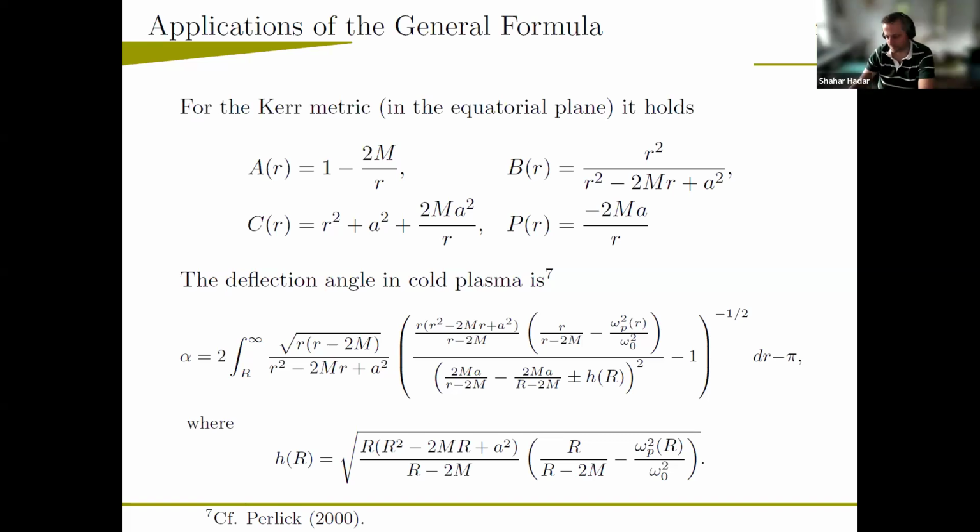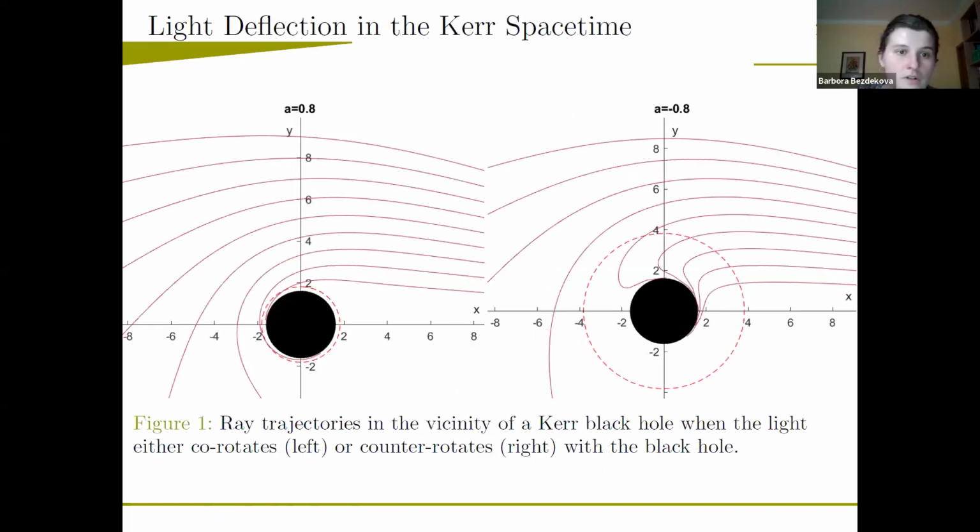Okay, thanks. So I wanted to show that it matters how the light rays propagate with respect to the rotation of the object. This is just for simplicity done for vacuum, just to show when we have the same direction of the light propagation with respect to the rotation of the Kerr black hole, and whether it is opposite. So you can see that due to the definitions of the horizon radius, the radius of this circle is given by the horizon radius,